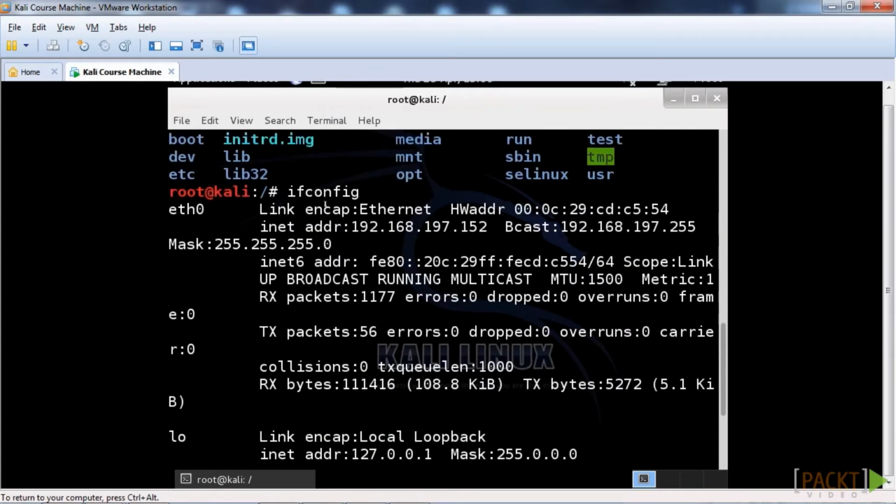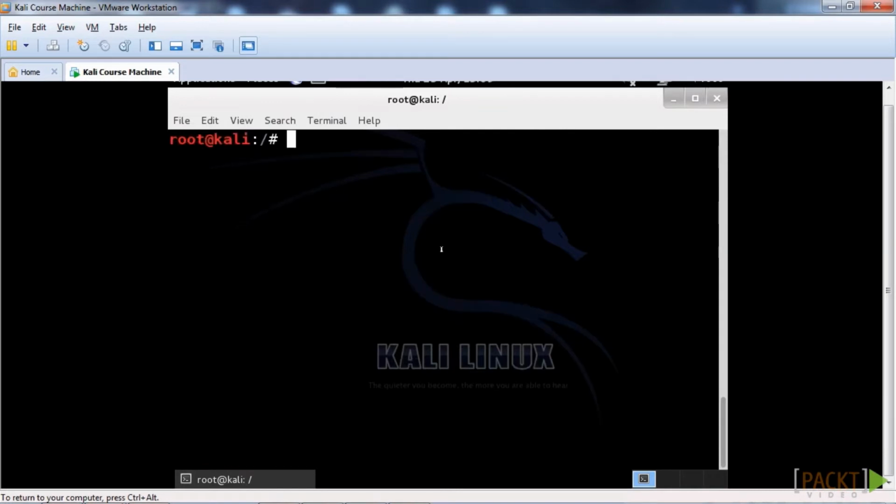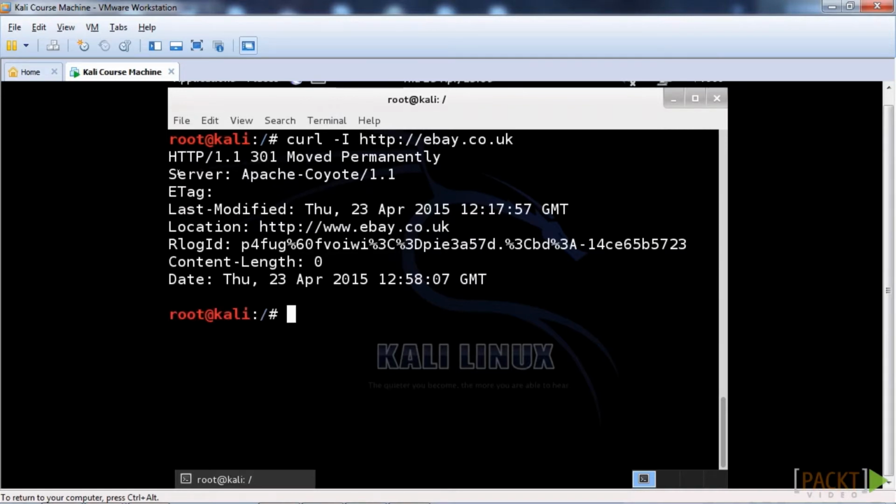Much like ipconfig, we can check the internal IP address if we're going to be creating a web server here or we want to connect the two together. That's fairly important. And we've also got curl. Now, curl is a fairly important part of forensics at some points because it reads the headers of the connection. So if I use http ebay.co.uk and run that, we can see that the server header shows it's